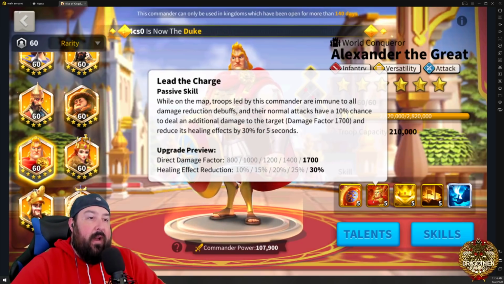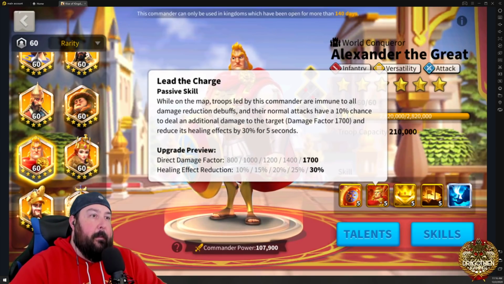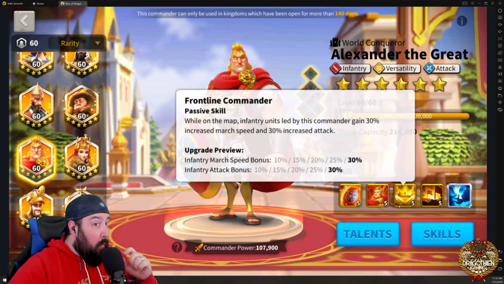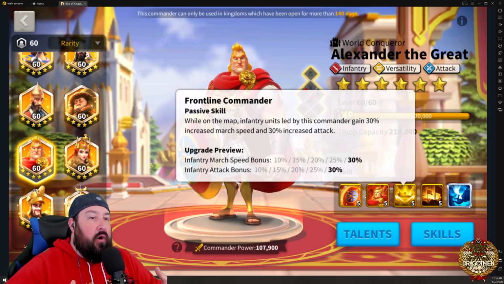Now, some say 5511 is the way to go. There's some value to that, right? You get the shield, you get the damage, you get a healing effect reduction. That's really good. I argue that his fourth skill is actually his best skill after his primary, okay? Now, if you're going to unlock him and you're not going to have a whole lot of...